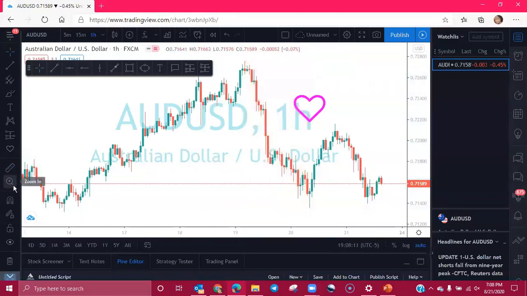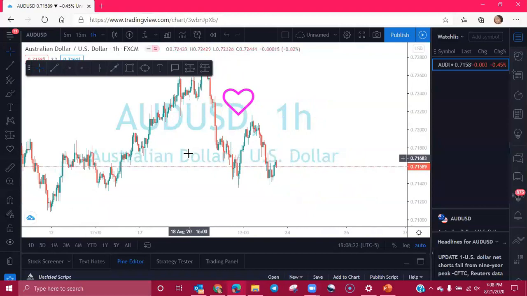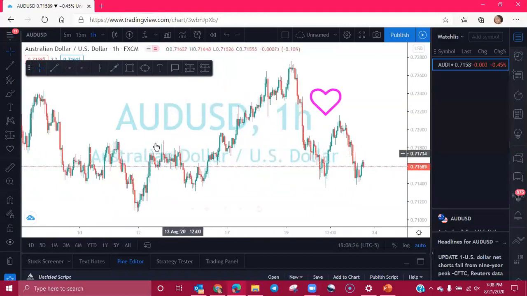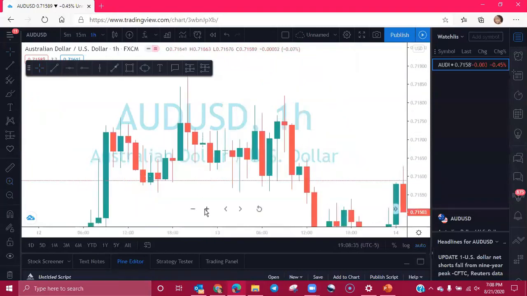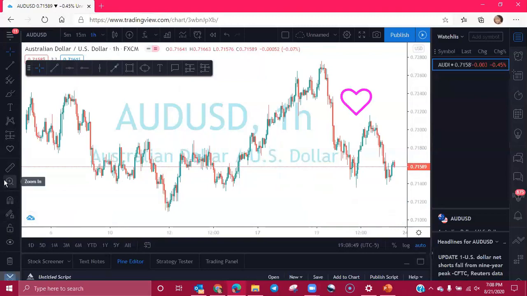Okay, moving along, you have your zoom in. And what this does is this allows you to zoom closer into candlesticks. So for instance, say your chart is looking a little like this, okay? And you want to see what this area here is doing. So you'll click on this magnifying glass and you will kind of highlight it like this. And it expands and it makes the candlesticks a little bit larger for you to really be able to read them. And then if you want to go back to the way it was, you would just click the zoom out. Okay, I'll do that one more time.